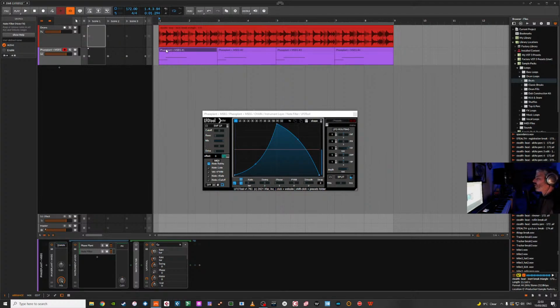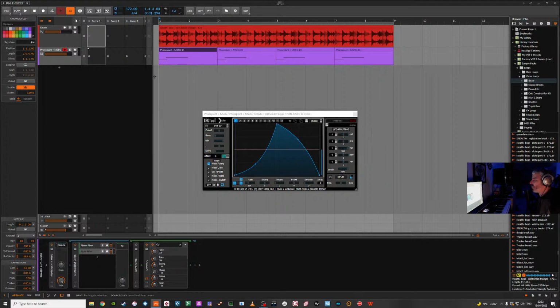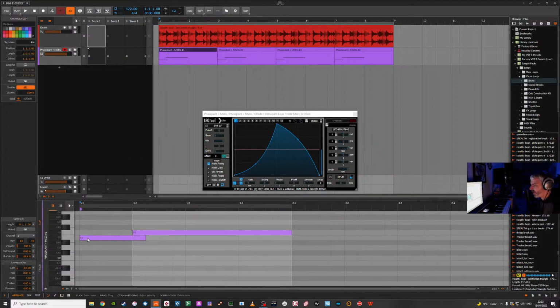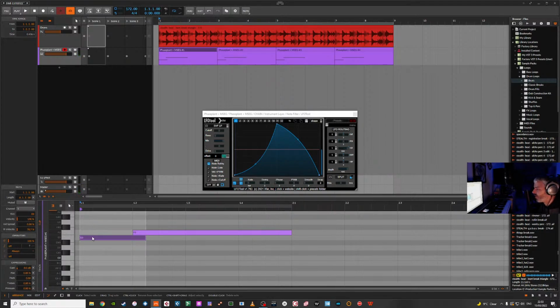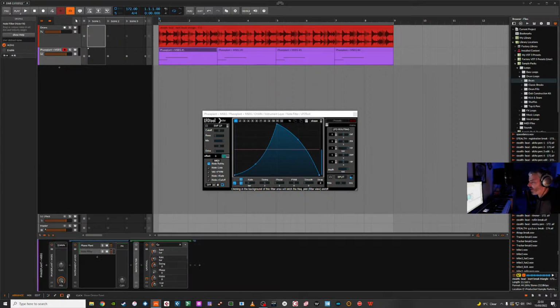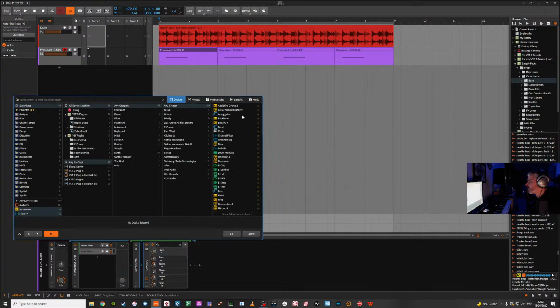Now, one idea I had that might work for this is if in Bitwig I think we can set something to only respond to 1 note. So in this case we would say, okay, we only want it responding to E0. So in front of it, and I haven't even set this up to do anything yet, but I just want to try this because I'm interested to see if this will work. If we put